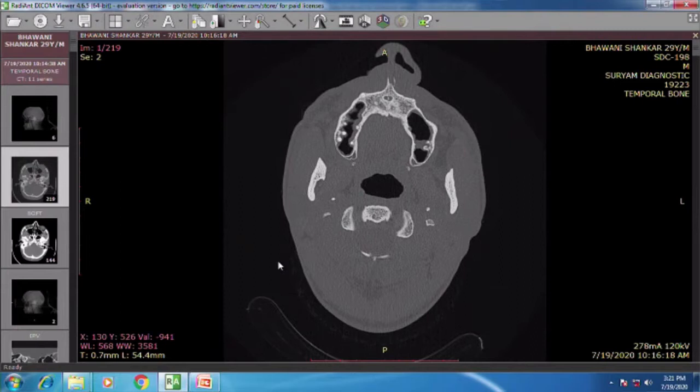What are the chances of malleus fixation even if radiology doesn't help? Means, radiologically, we are sure that there is no malleus fixation above. Intelligent question, Vishal. There are chances. The reason is radiology can pick up the bony fixation. It may not pick up the hyalinized ligaments. Hyalinized ligament can again affect the mobility of the ossicles, which may not be picked up by radiology. So that's why I said, we'll finally see on exploration. This is a broad overview to rule out any major issues.